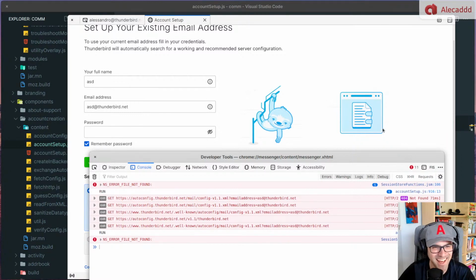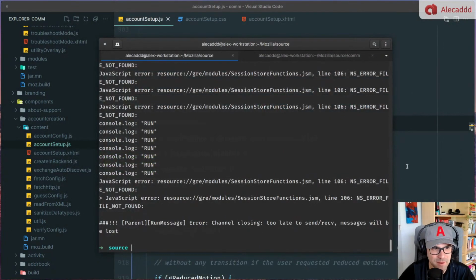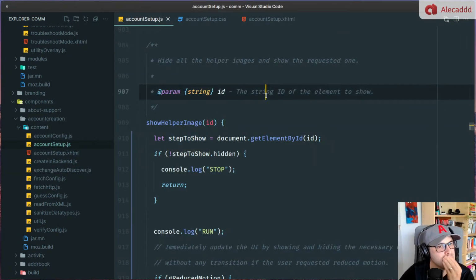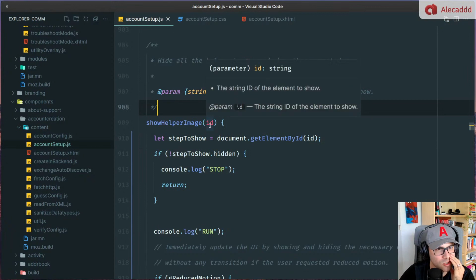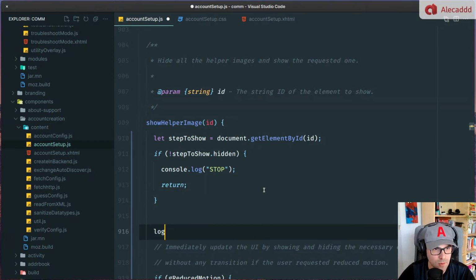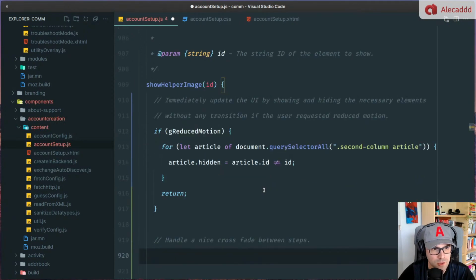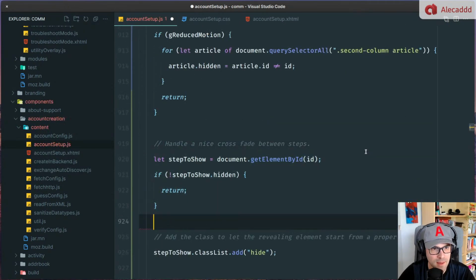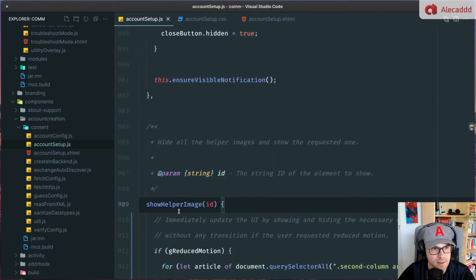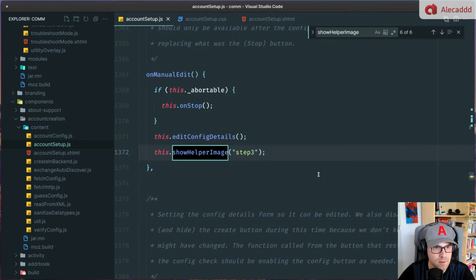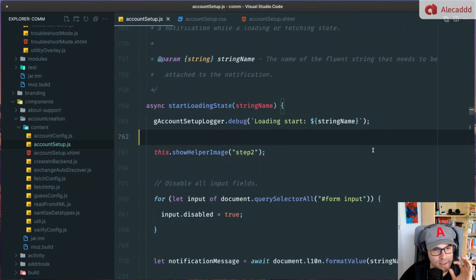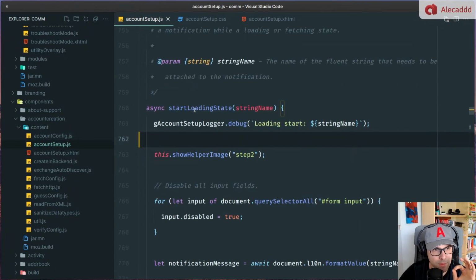So something is happening. Yeah, 6 runs. So we're not stopping. Is step to show not hidden? Step to show, document. Okay, so we cannot do this, but we need to update that thing. So start loading state shouldn't happen